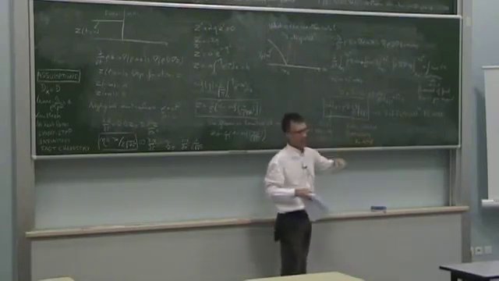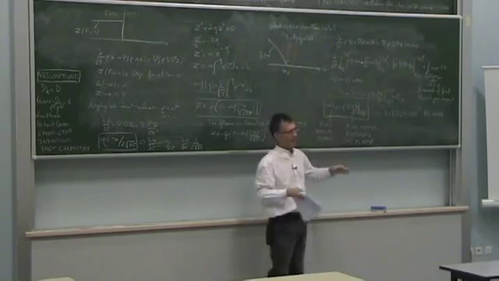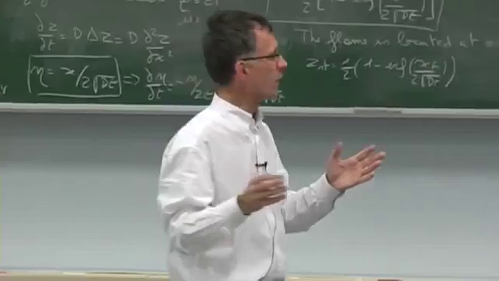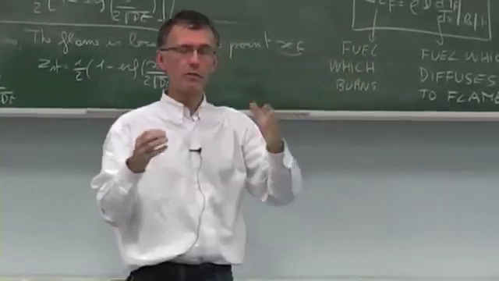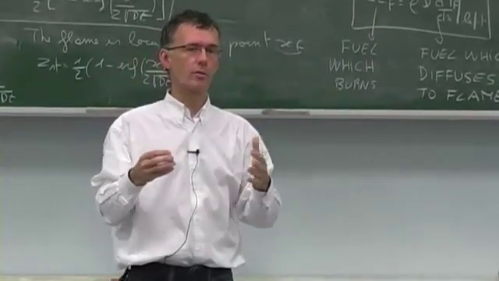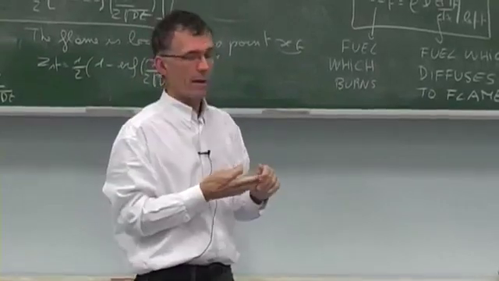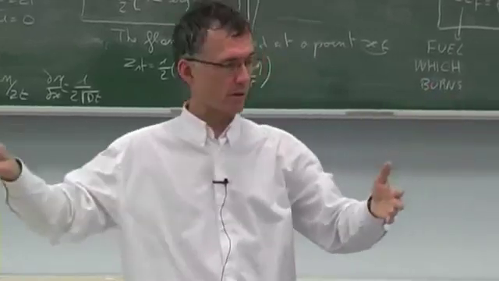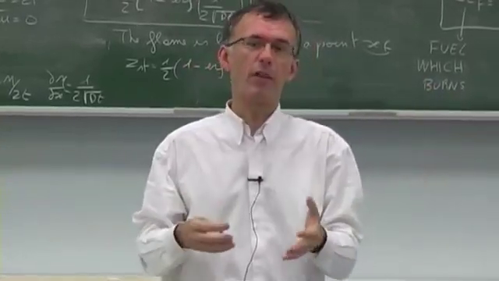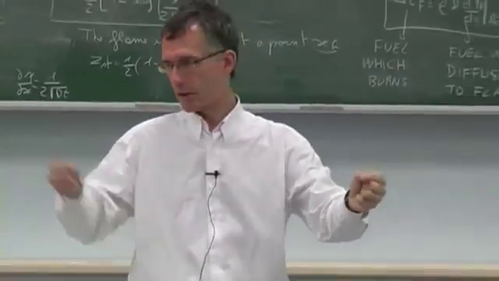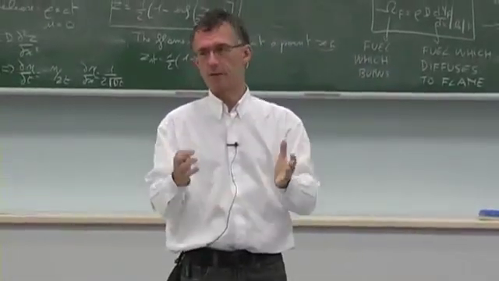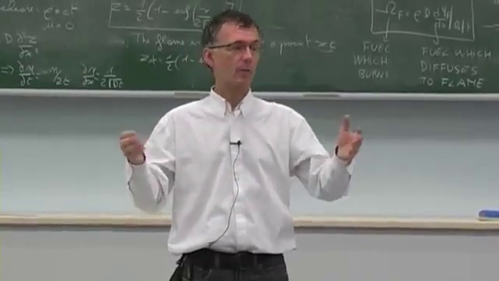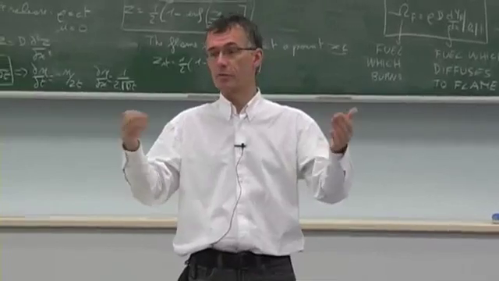The way to think about this result and about infinitely fast chemistry is to realize that in a diffusion flame, even if chemistry is infinitely fast, it's only burning what it can. What do I mean by that? Suppose I am the flame here, and you guys here are the fuel, and you are the oxidizer. If I burn things very fast, it means that every time I get one of you and one of you, I put them together and poof, they are burnt. Does that mean that everything is going to burn fast? No. I'm going to burn things as fast as you bring them to me.